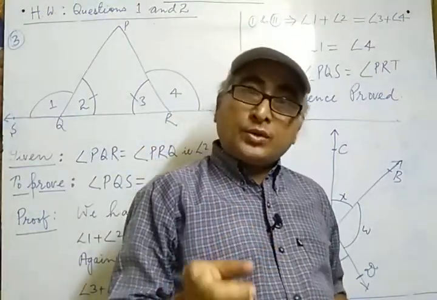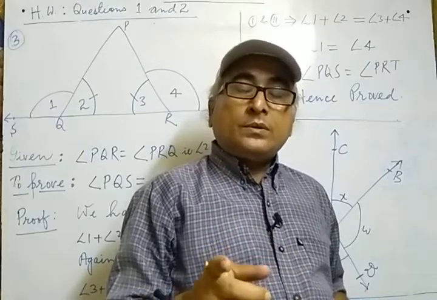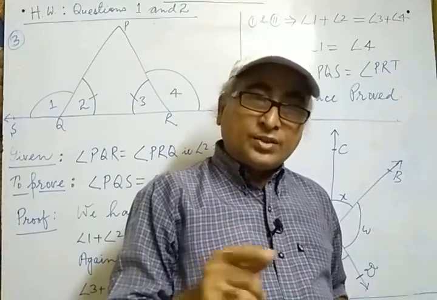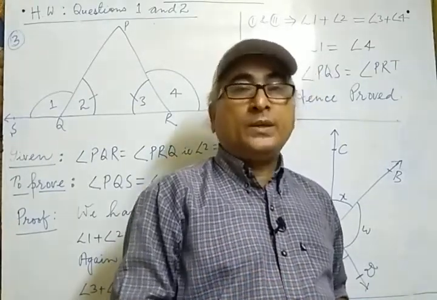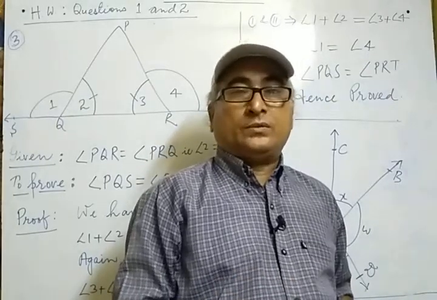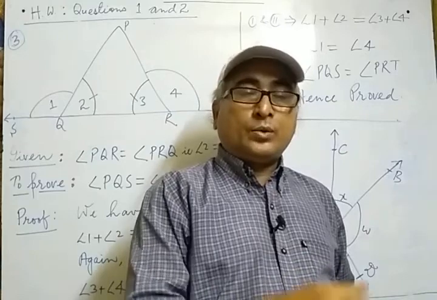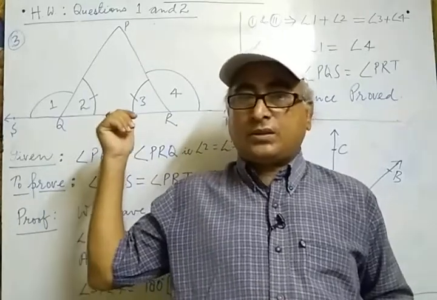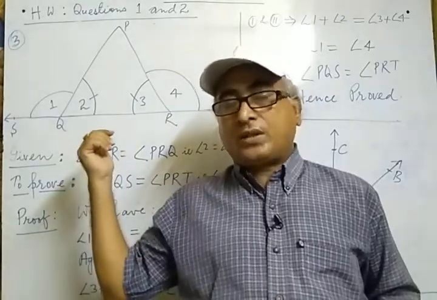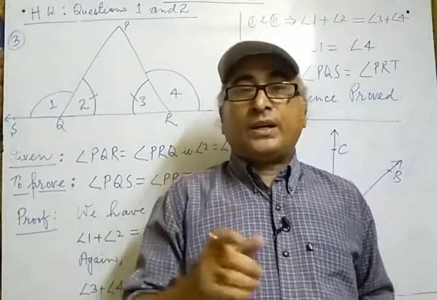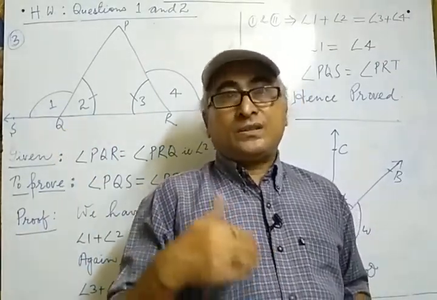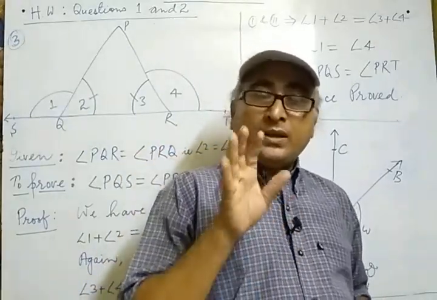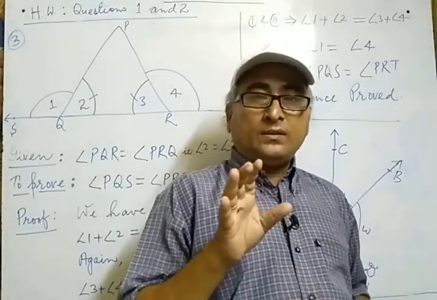Question number 1 and question number 2 you will solve in the classwork copy. Although it is given as homework, you will solve it in the same copy in which you are solving the questions of classwork. So you will attempt question 1 and question 2 first. Afterward you will start question number 3 onwards. So I am just going to start question number 3 onwards. 1 and 2 are given just as an assignment and you will perform them in your classwork copy, so that there is no confusion regarding the copies.